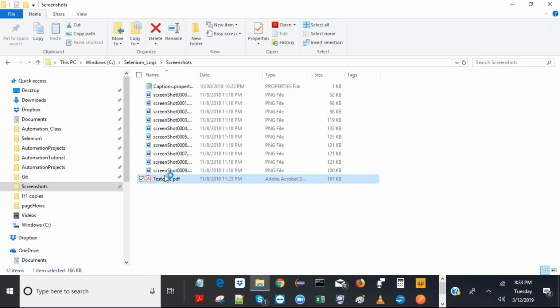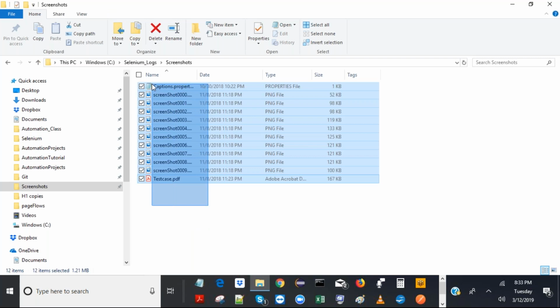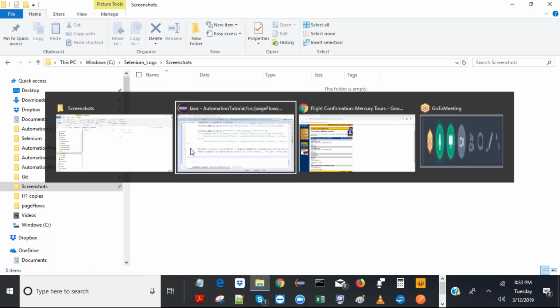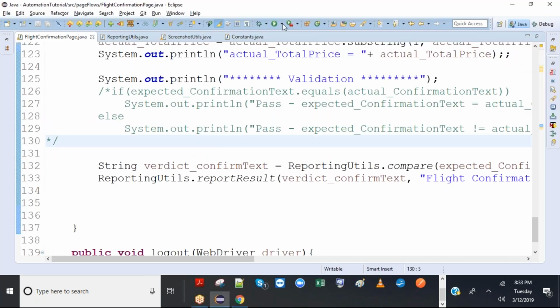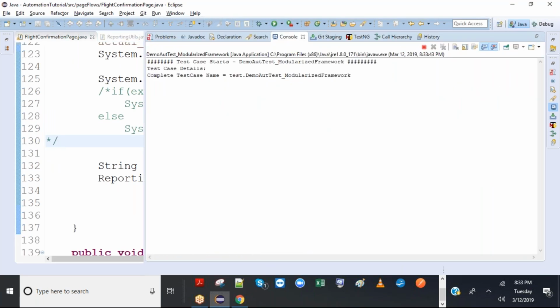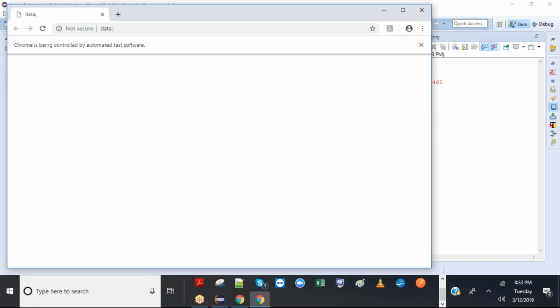This actually needs a separate PDF util, so for the time being we'll take screenshots, write to the captions and write to the console, three steps. Let me delete it, because we don't know whether it's overwritten or not. Give it a try again. Once this is done, it's a repetition of the same process for all. That would be easy.